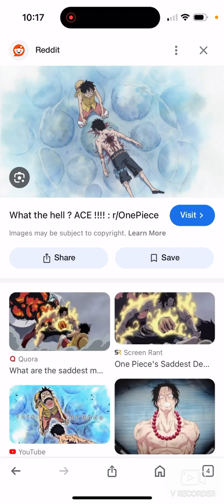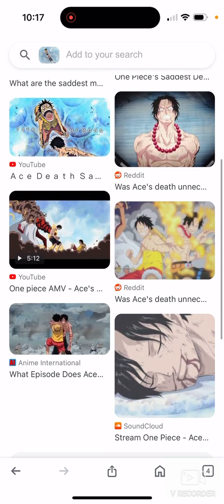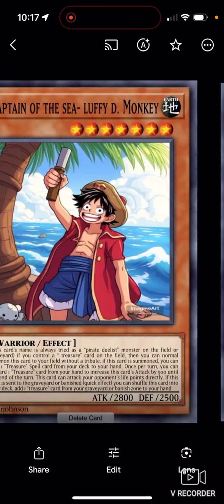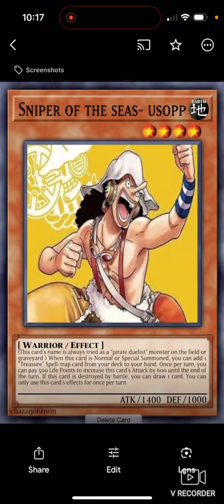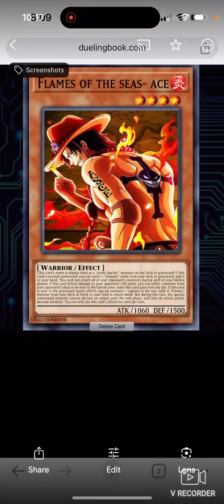but he's neutral until the end of the battle. So it basically means he's a combo extender. Like, if Ace dies, then it summons him, but his attack points become double. So basically, what I mean is, it says...